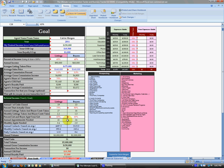Annual appointments, it tells me 41 and 24, that's 3 and 2. So 3 a month and 2 a month, buyers and sellers. But the other thing this will do is tell you how many contacts on average it would take per day to get that many appointments. It figures it all out here, yearly, monthly, and then daily, and that's 12.8 per day. This is 8.6. So it's telling me right away it's going to be about 20 contacts a day at that